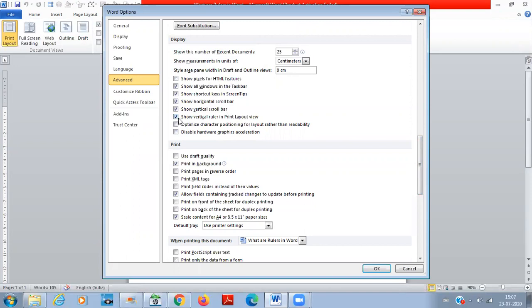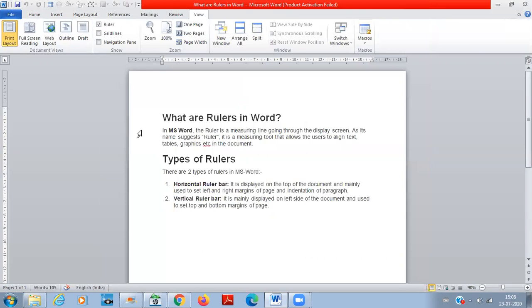In this, you have to check Show vertical ruler in Print Layout view. If this box is not checked, then the vertical ruler will not be shown. The horizontal ruler will always be shown in your document if you show it, but the vertical ruler sometimes is not shown in print layout view. So this is a trick to show the vertical ruler always. Just check this box, click on OK, and the vertical and horizontal rulers are now displayed.